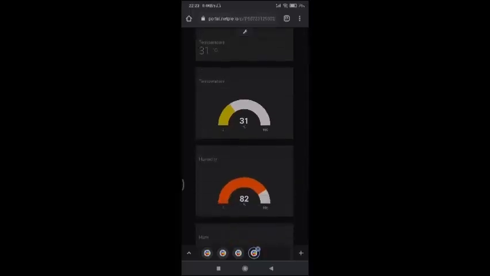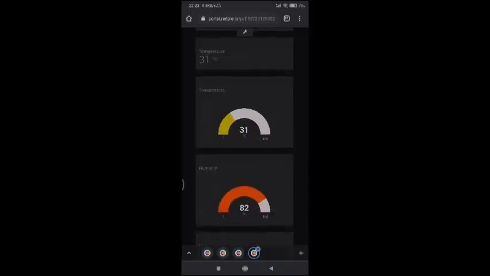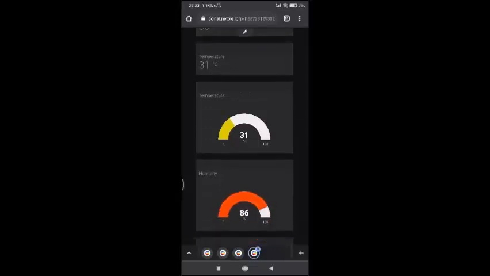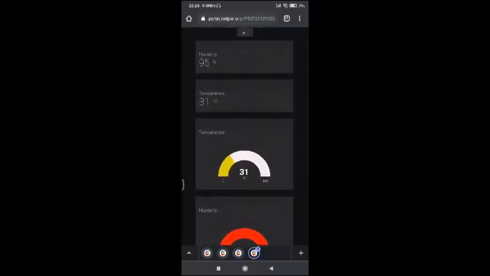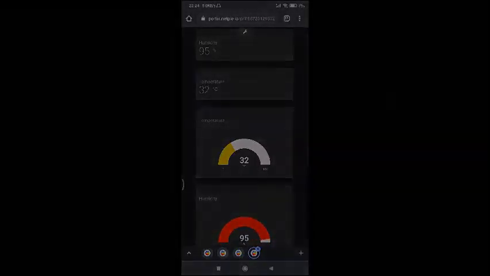In this browser we can see that the humidity now is 82% and the temperature now is 31 degrees Celsius. So it will make it easy to see the data wherever we are. Okay, but a little bit, we have to log in first in the NETPIE account. So we need to see how the data is published